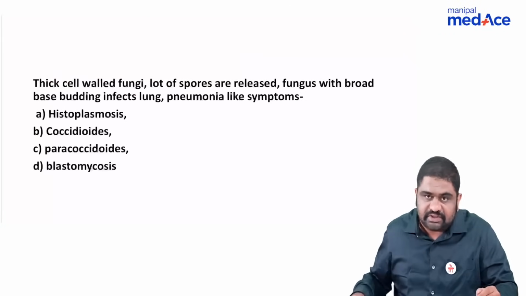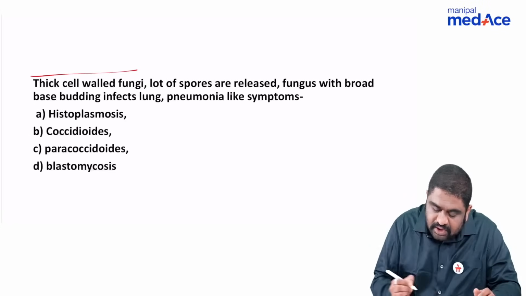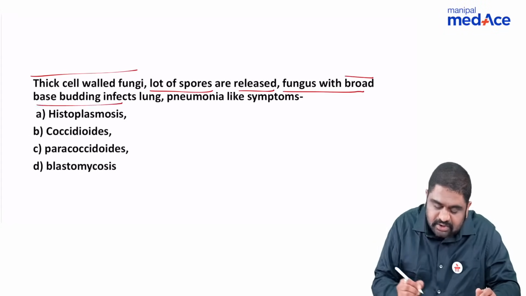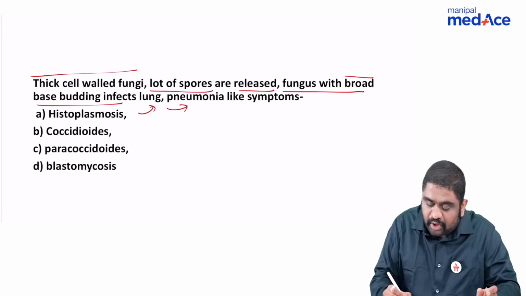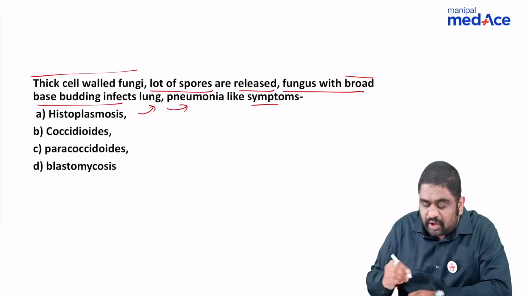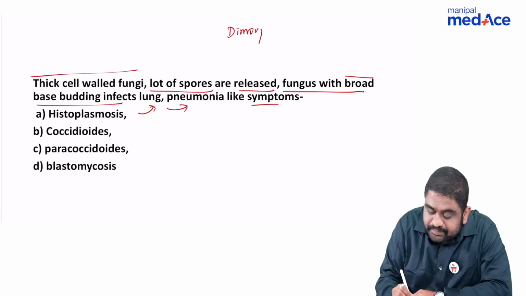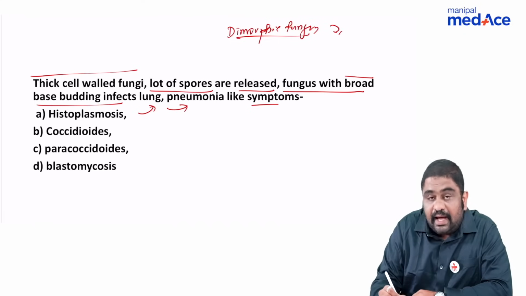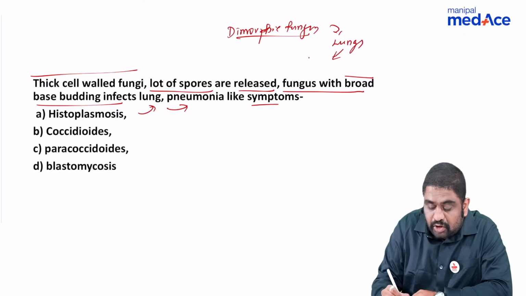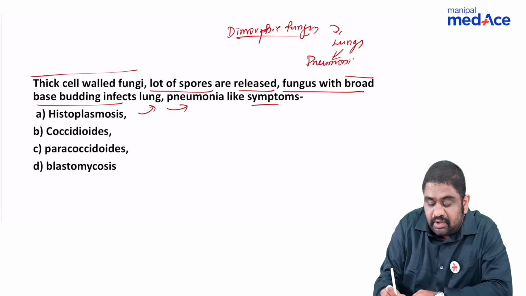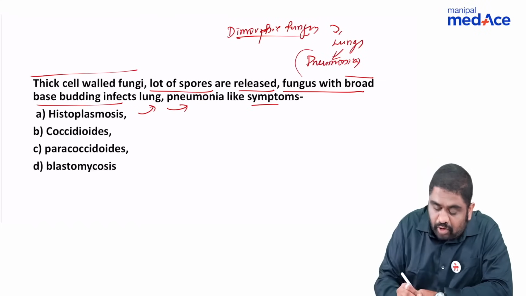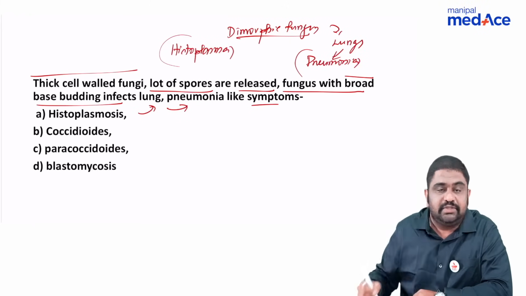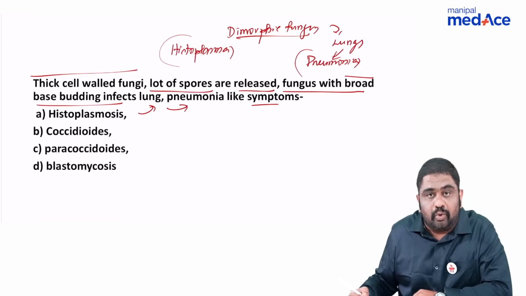Now, what is the other question which is similar to this? They said a thick cell-walled fungi, a lot of spores are released. The fungus was showing broad-based budding. It infects the lung to produce pneumonia-like symptoms. See, whenever they speak about a dimorphic fungus which is inhaled and enters into the lungs to cause pneumonia-like features, then the dimorphic fungus you think of should be histoplasma. And we have discussed in the class so many times that histoplasma runs a clinical course parallel to